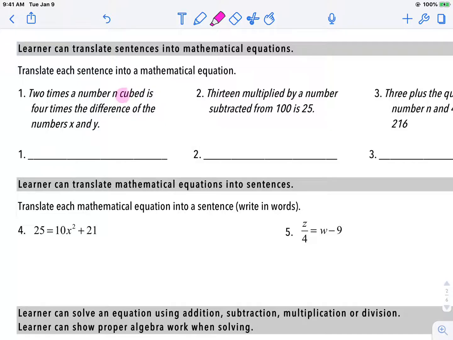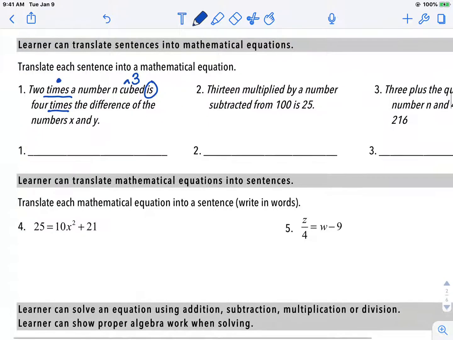2 times a number n cubed is 4 times the difference. Some of those terms will definitely be helpful on your blue sheet. So what I'm looking for first is my equal sign, and I think I found it right about there. So 2 times a number, I'm thinking, is multiply. Cubed means a power of 3. Times I think means multiplied as well. Difference means subtract. So, okay, 2 times a number called n that's cubed